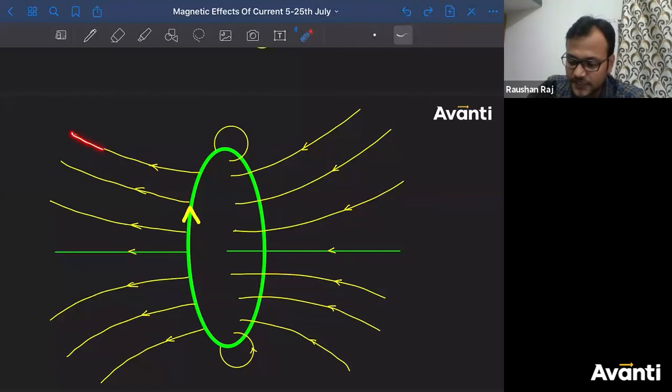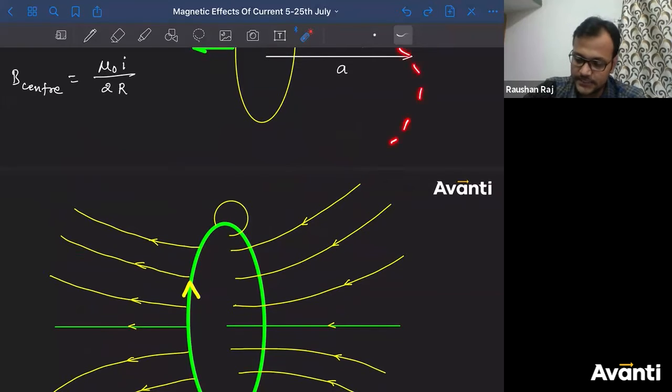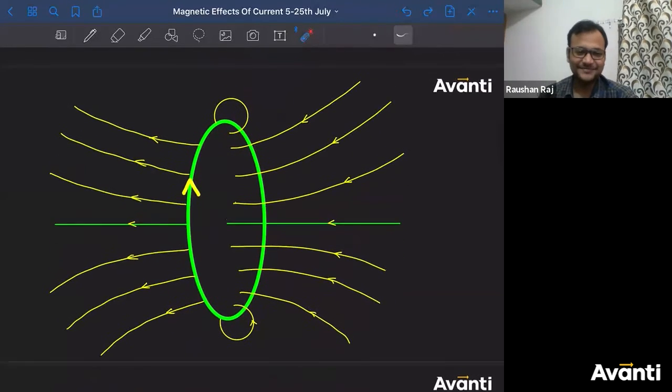ठीक है बच्चा लोग, तो इस तरीके से वो सर्कल देखो. This is also part of a circle, Ganesh. This is also part of a circle, but the radius is very big. ऐसे करके यहाँ से आएगा. This is also part of a circle, so the radius is big here. समझ में आ रही है बात? Radius is big here, but if you come to this point, the circle will be in this way. Spider जैसा लग रहा है.